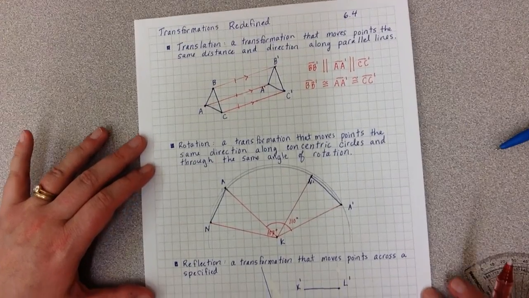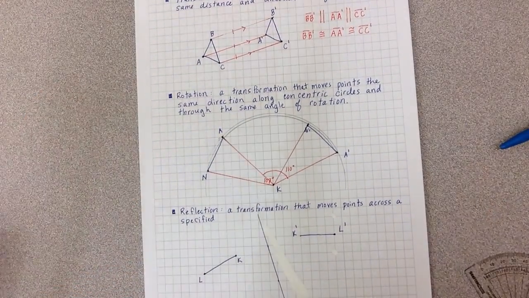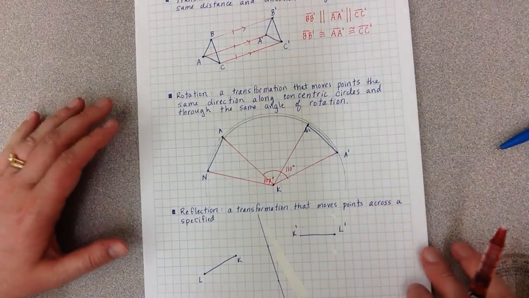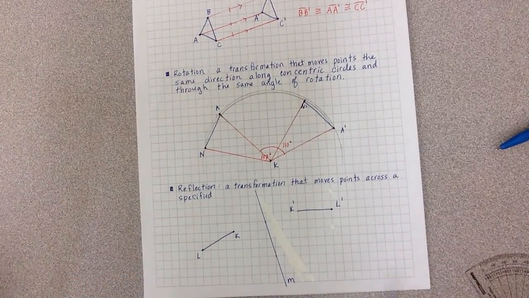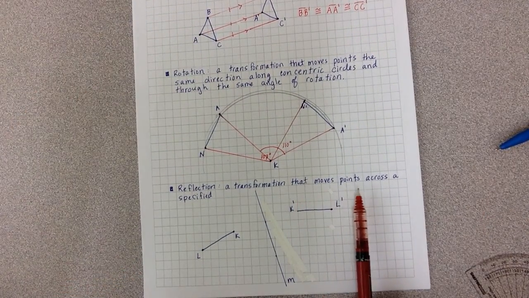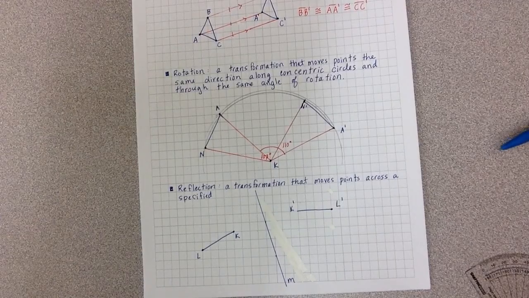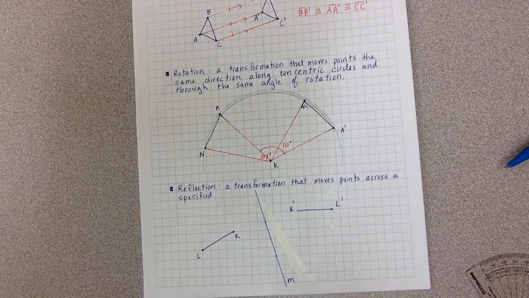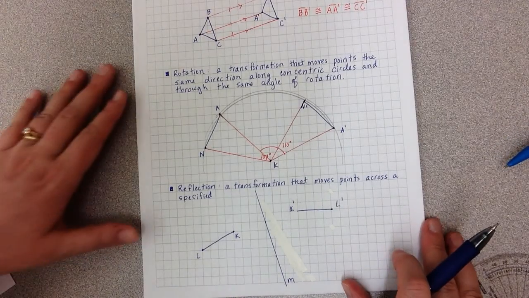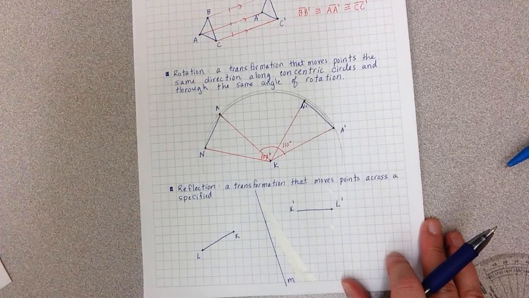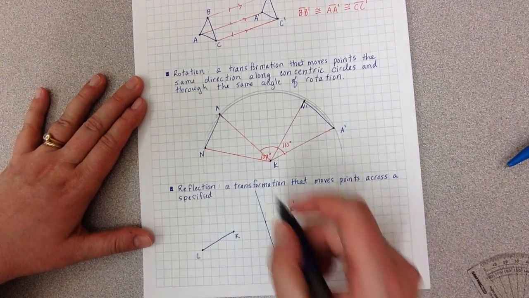The last transformation that you worked on was reflections. So reflections, we say, is a transformation that moves a point. Oh, I didn't finish the definition. Sorry about that. Reflection is a transformation that moves points across a specified